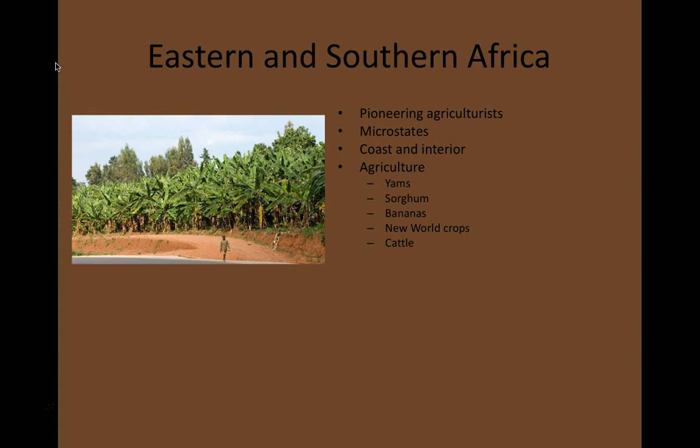The picture you see on this slide is of a banana grove in, I believe, Rwanda. The Great Lakes region was good for growing bananas, and for most people in the modern day, especially in the West, bananas are kind of a treat. They're the easy to break into fruit that has the perfect natural packaging system, something you cut up to put in a fruit salad or put ice cream on.